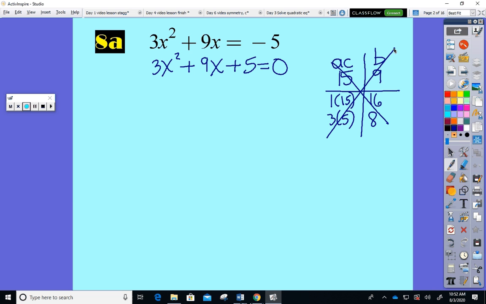Well, does 3 factor out of 9? So you could, do you agree? I could say, well, this is the part that I complete the square with. I need to move the negative 5 over. Are you with me? So I could say 3 times x squared plus 3x, and I could complete the square. But now that you look at it that way, really, why do we not want to complete the square? Well, you're not going to use decimals, but why is completing this? 3's not